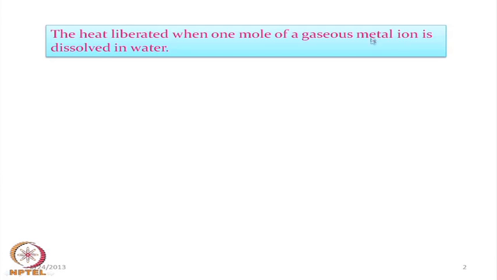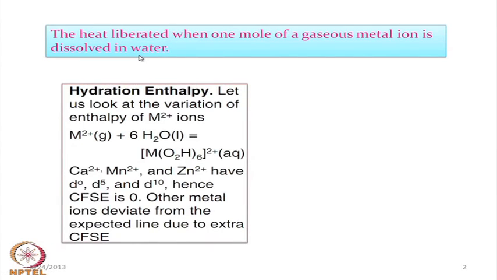When the metal ion is present in the solution state, it is basically already hydrated, and the heat energy is liberated due to the dissolution in water. That amount of energy we can think of as its hydration energy, or